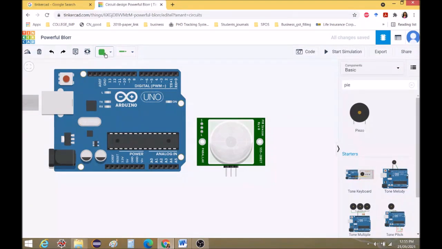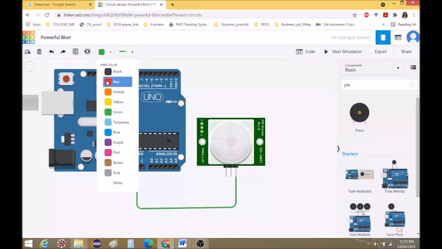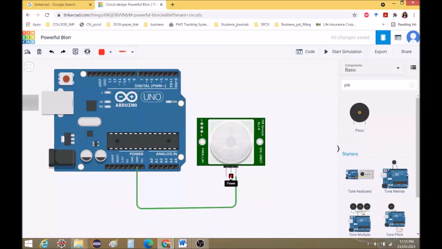Let us start with the green wire, which is connected as ground, and connect it to the point indicated as ground. This way you can use the green wire to connect. Let us connect power now using red, to the 5-volt connector.